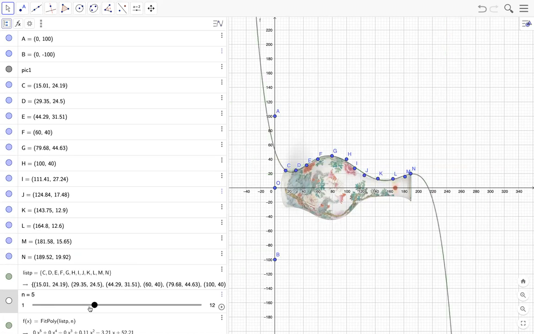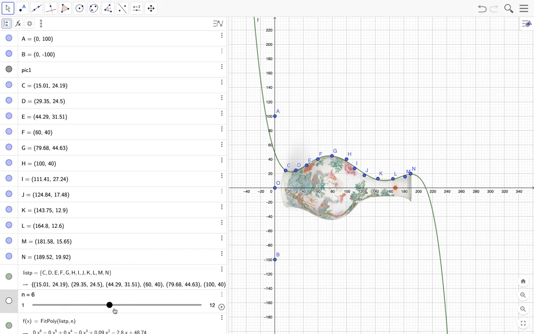Let me make it 5. I think it seems perfect. I see. Let's continue maybe. 6, the same thing. 5 and 6 are the same thing. So by the way, 5 and 6 are the same. You should always choose the lower points, because if you have a lower power, then your computer would take less processing power. Okay. But let's continue.